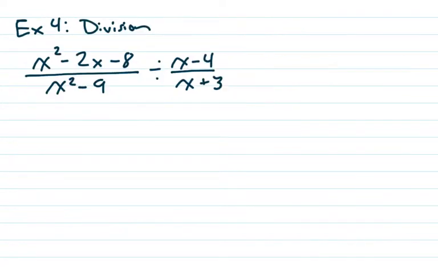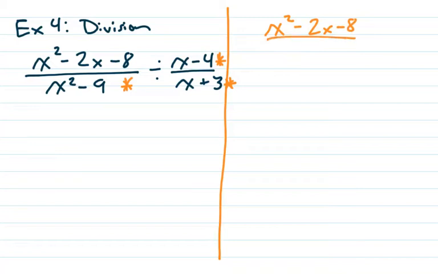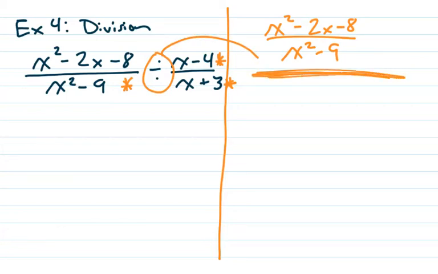Now, division is a little bit trickier. I want to show you guys maybe another way to look at this division problem before we move on to it. You have to write down all the domain restrictions, and the domain restrictions are actually going to be here, here, and here. And I want to show you why. If you were to write this problem as x squared minus 2x minus 8 over x squared minus 9, and then a big division sign, over x minus 4 over x plus 3, you can kind of see that